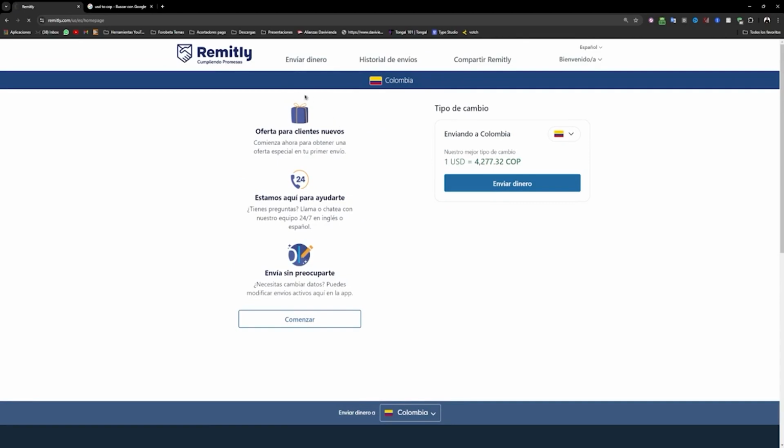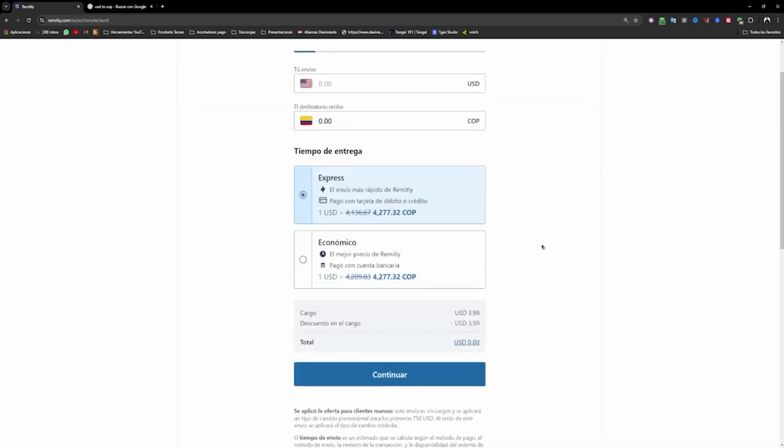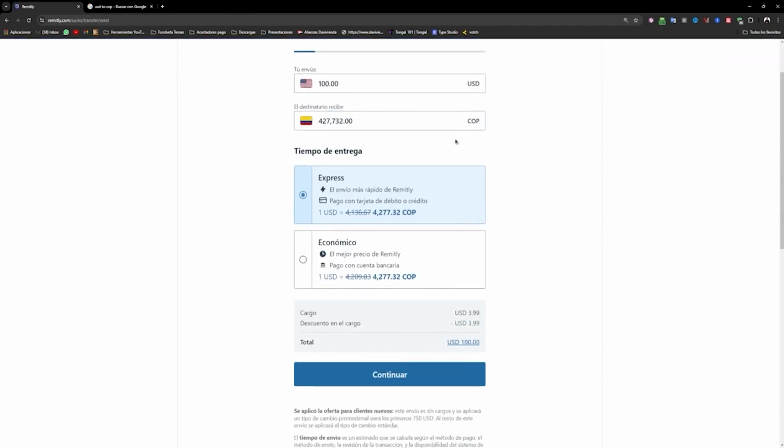So, well, here it informs us that there are offers for new customers, which is what I was telling you. And if you are going to make a transfer for the first time, it is the best because they provide you with the best offers. From the subsequent ones, it is different. Let's click here where it says send money at the top left, and this is where the entire process would